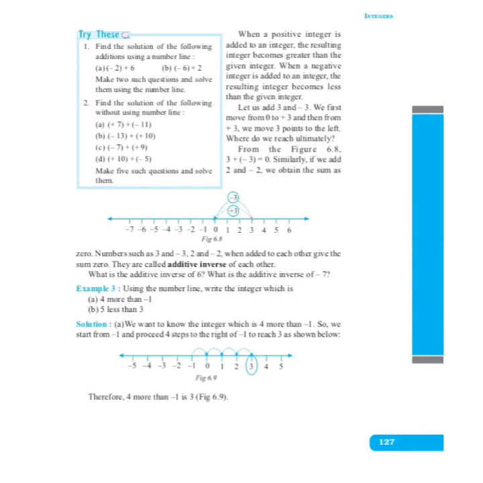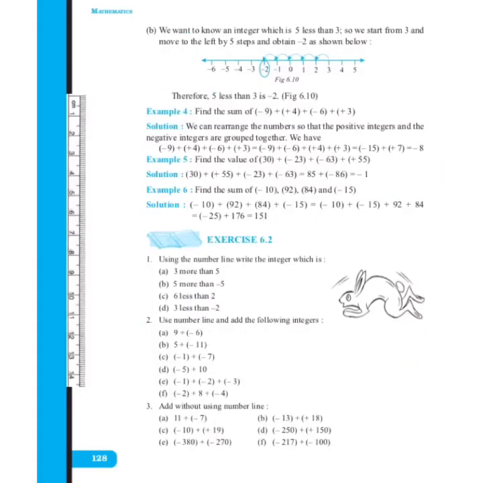Now one more example of this, 5 less than 3. Children, here less than 3 means we have to move towards the left of 0. So 5 less than 3, what will we do? We will start from plus 3 and we will move 5 steps left of positive 3. And where will we reach? Yes, we will reach minus 2. And in this way, we get 5 less than 3 as minus 2.